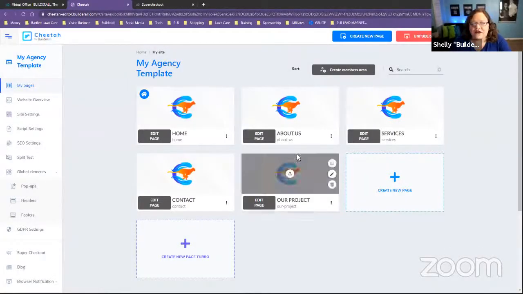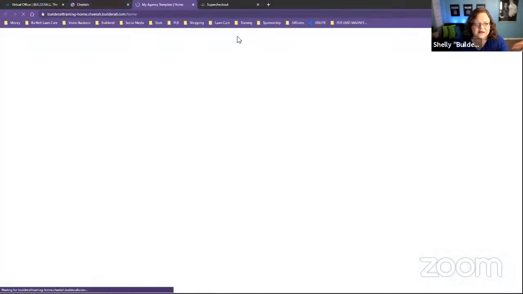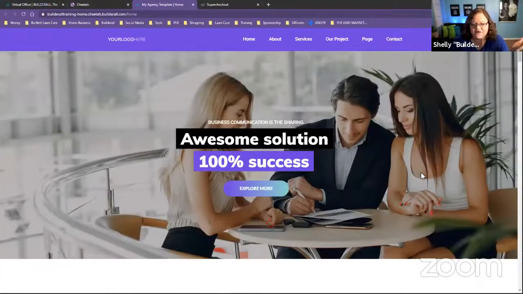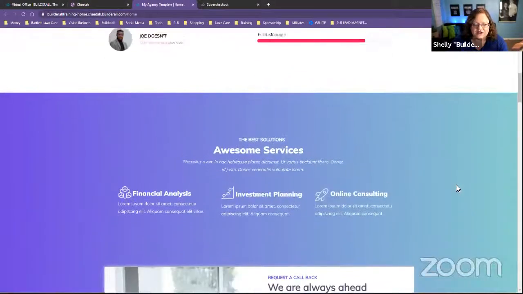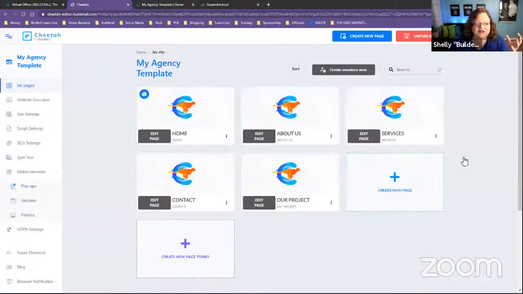Okay, so let me go ahead and get started. I'm going to move this stuff around here. Okay, hopefully you guys can see my screen. Let me first show you this website template. This is just one of the Cheetah templates. It's nothing special, okay? But what we're going to do is take this website as if this was your